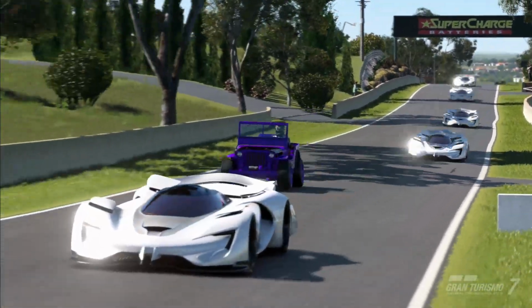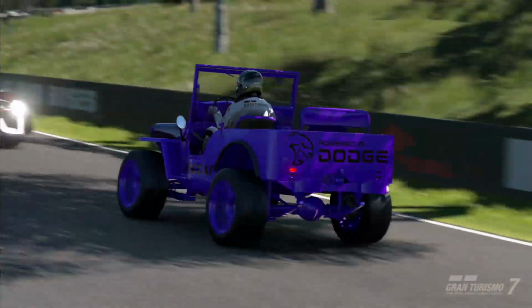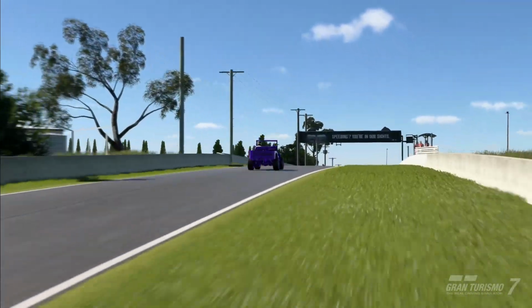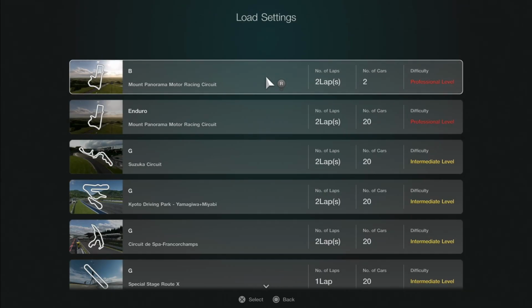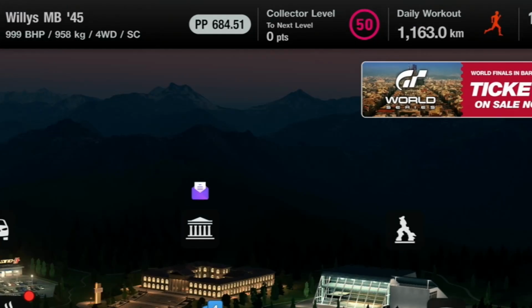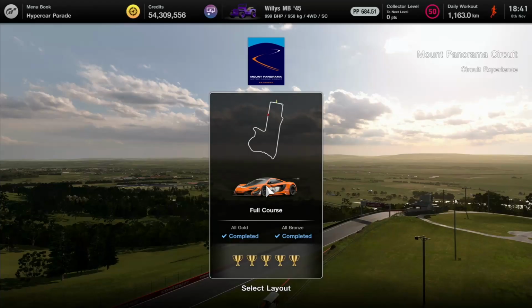I'll show you in this video how to tune the AI so you only need to pass them once, and the tune for the Jeep to make it as fast as mine, then finally setting up the race and getting paid. A few quick things to note before we get into it: you will need collector level 50 to access engine swaps, and also make sure you have the circuit experience done before attempting this to ensure the maximum possible